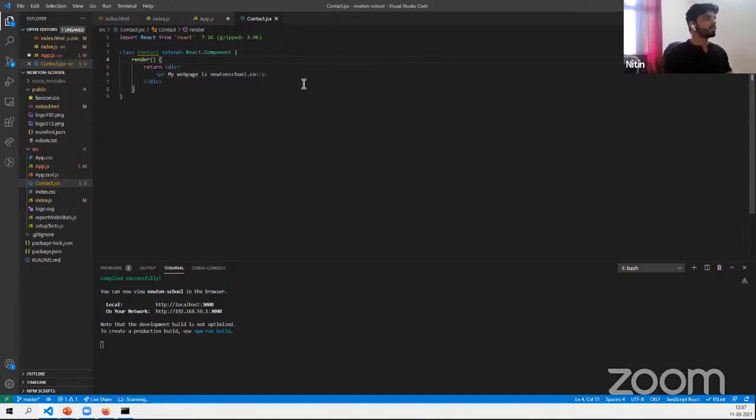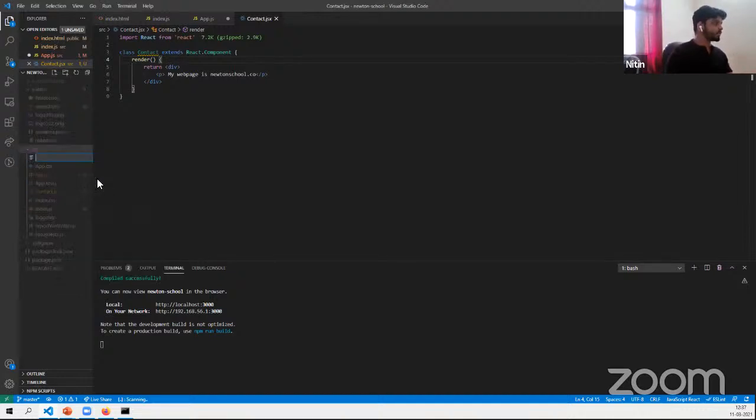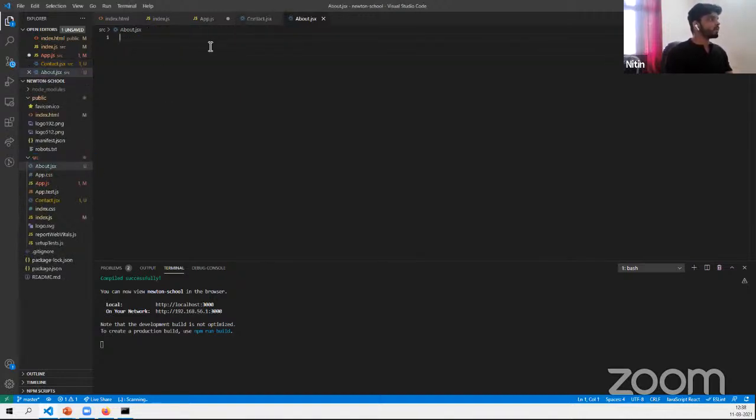Okay, so this is our contact component. Let's just make one more component, and then I'll show you how to couple up the components in one big component. So let's just say about component, about.js. Basically what we do is import React from React,